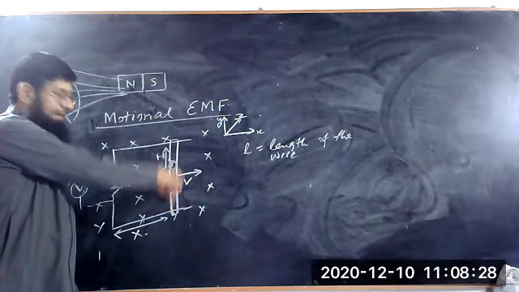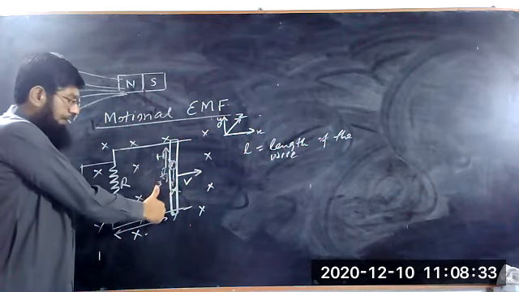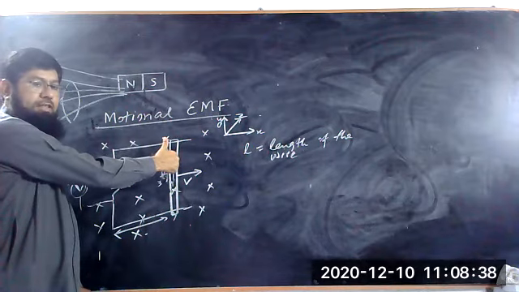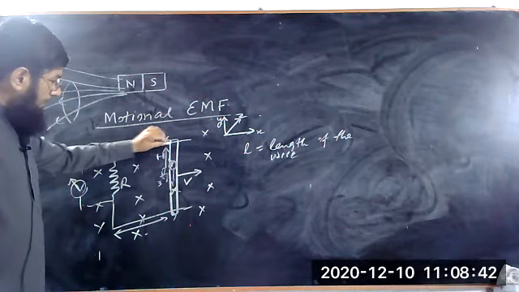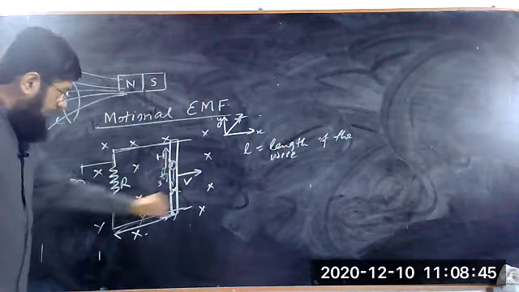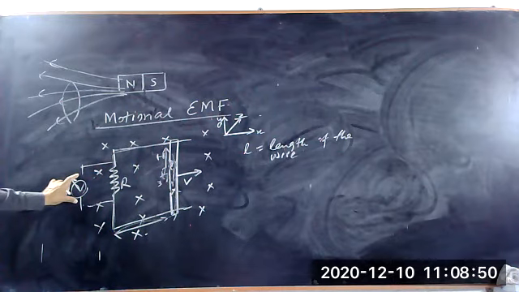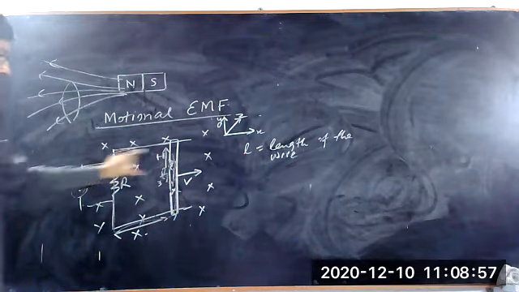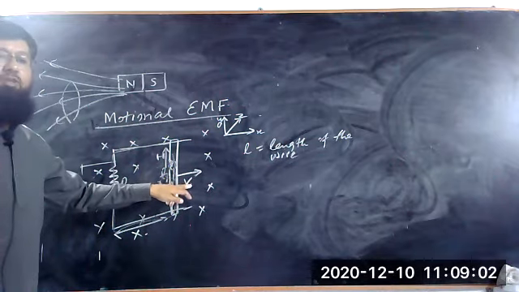As a result, the electrons move in the downward direction, which generates a current, and the direction of the current is opposite to the flow of electrons. We call it the conventional current. It means the current is flowing. Now this is the complete circuit. The current will flow through this circuit, and this resistor gives the voltage drop. So EMF is induced across the resistor. This EMF, because of the motion of the wire, is known as the motional EMF.